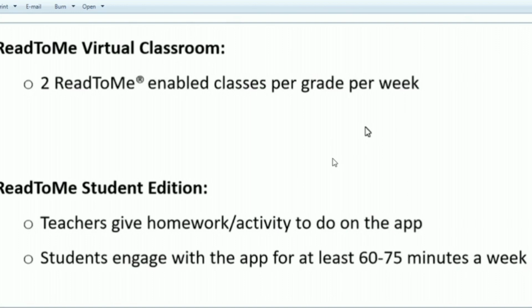Now we can divide this project into two types: Read to Me Virtual Classroom and Read to Me Student Edition. This was explained in Hindi with the help of a video. And today I'll try to explain this one, the Virtual Classroom, and how we use this on a PC.